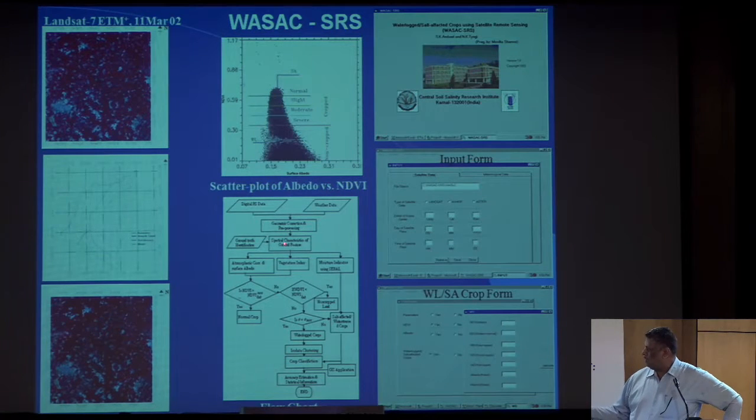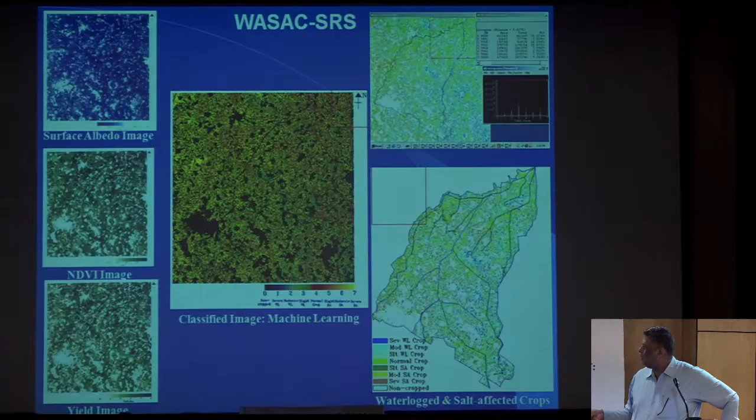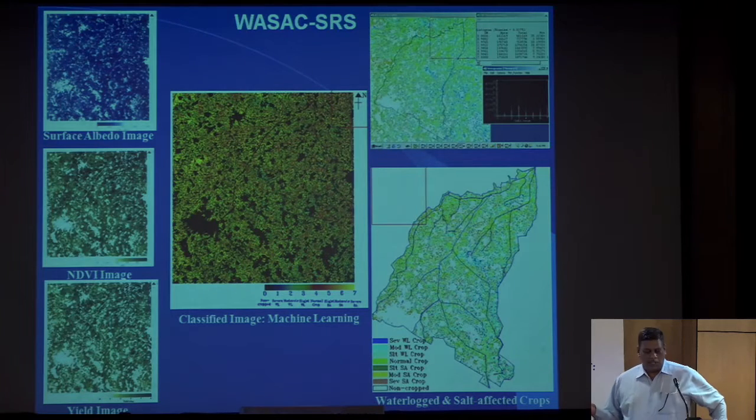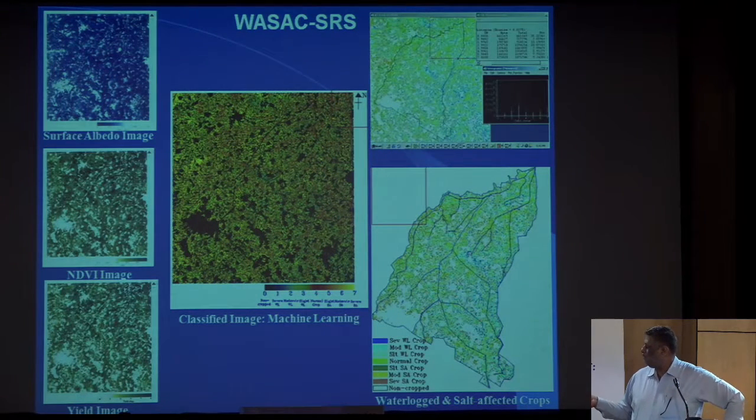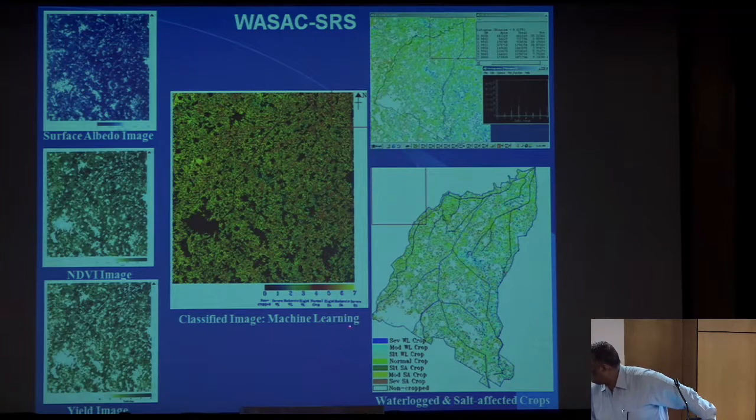This algorithm was developed for the estimation of these segments, and software has been developed and employed for giving the input, and then the intermediate, and finally the output. The intermediate outputs are the surface albedo, NDVI, and yield image. Based on this, we used a classified image, where a number from 0 to 7 has been given, where 7 was the normal crop,